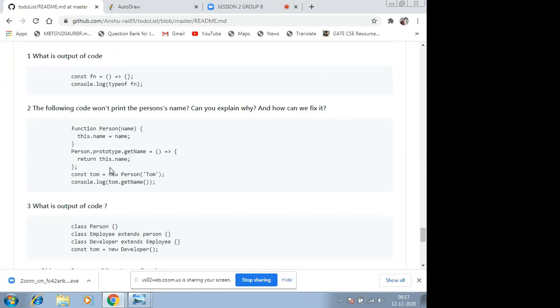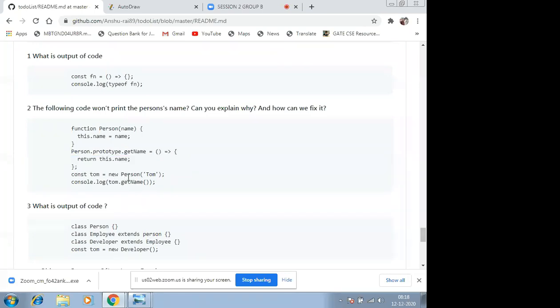So what we are doing right now is setting a function. We are setting a property getName in the prototype object, and there we are assigning a function. So my getName property is holding a function, and inside that I am returning the value of this.name. So this particular property getName is going to be inside my prototype. Is this clear? Okay.